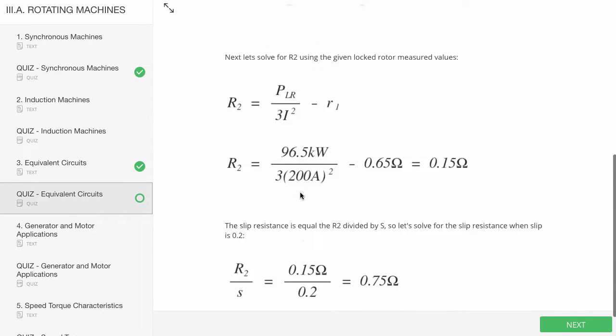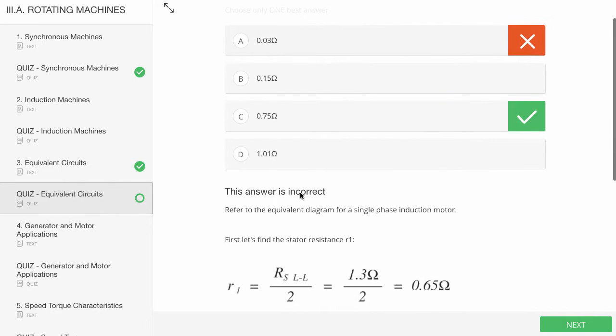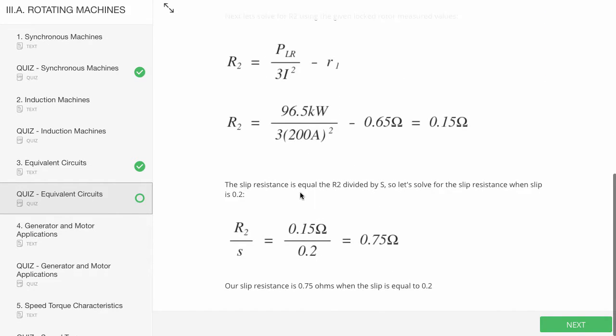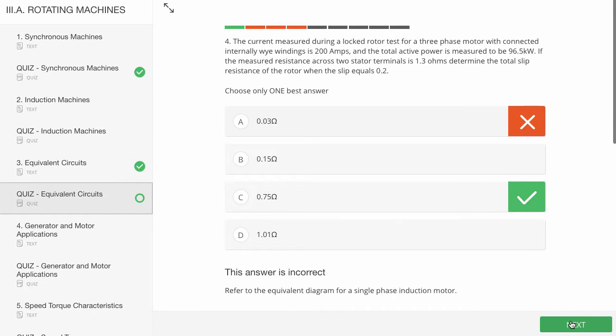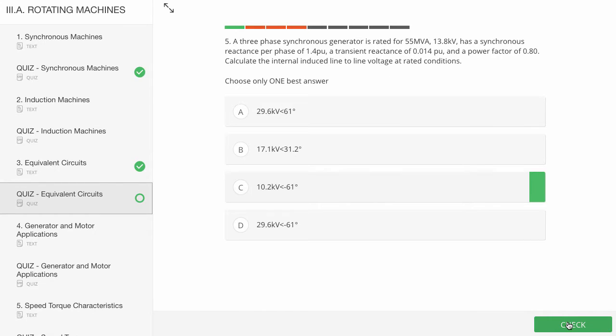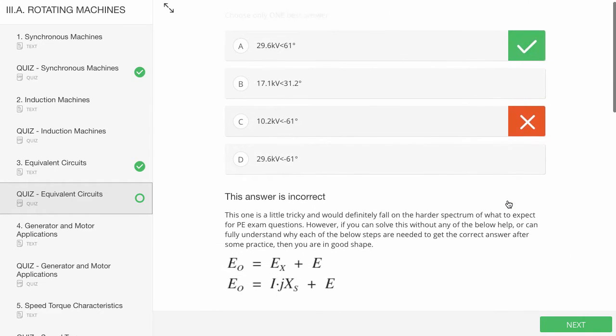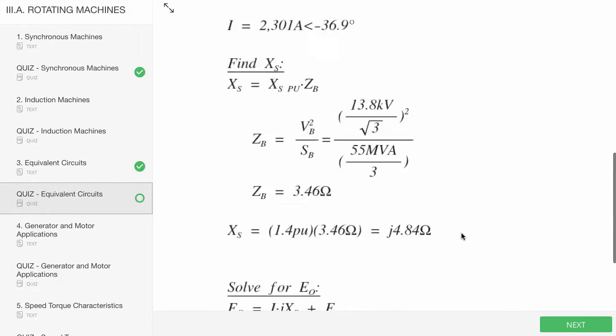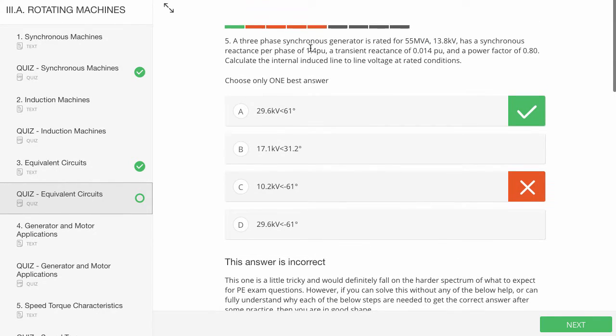So as fast as you can click that button, you're going to get the solution, the step-by-step solution immediately. So you no longer have to wait to complete the quiz. It's going to be a lot more efficient for you studying. So take a look at this, same thing here, and I'm not really even taking time to read the question,